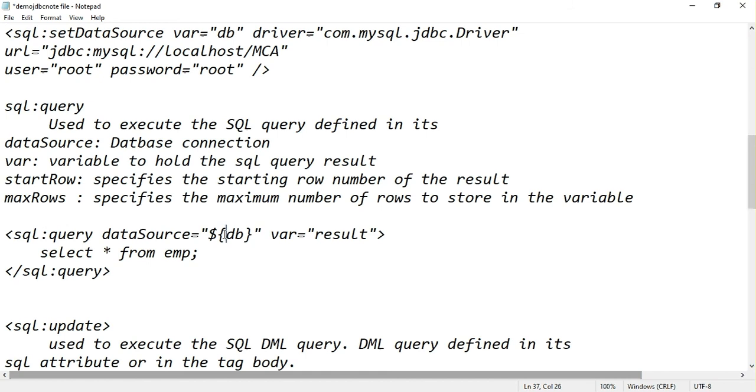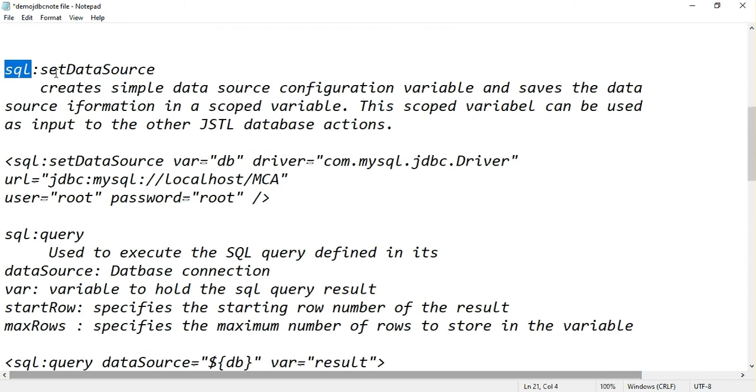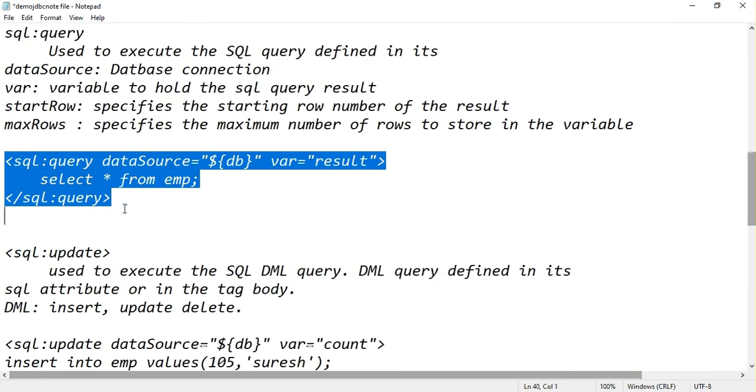So this represents a snapshot of the original database. I'm creating one variable, result. So if the statement is executed, the result will be available in this variable result. For example, 5 rows are retrieved. So these 5 rows will be held by the result. Okay, and close the SQL query.